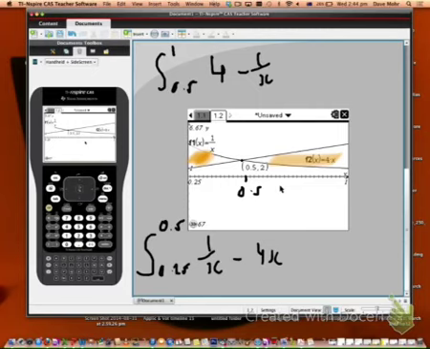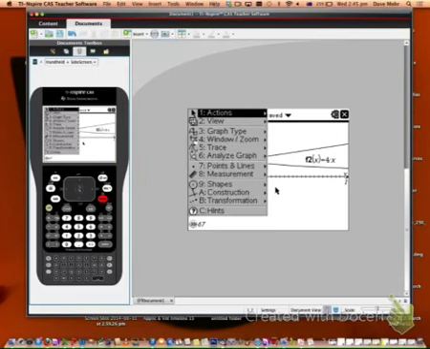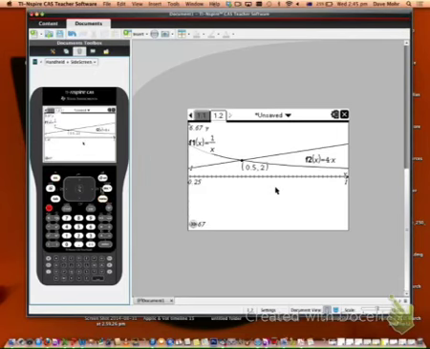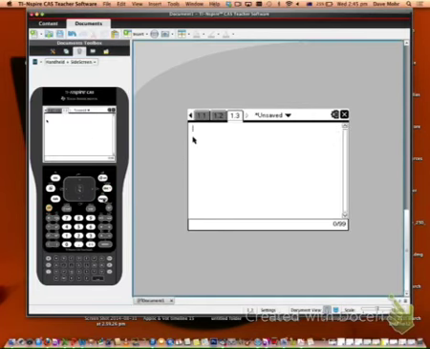They're the two integrals. So let's do them in the calculator. We want a new page, calculator page, add calculator. So menu,